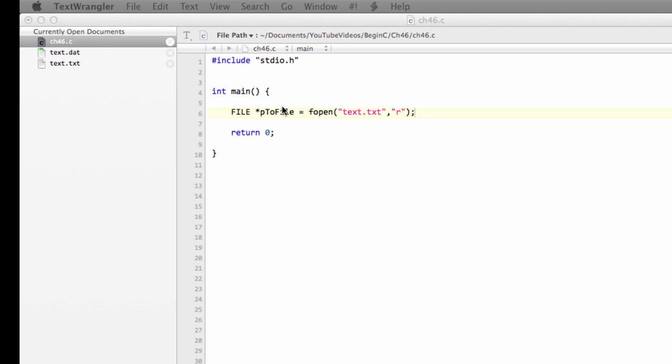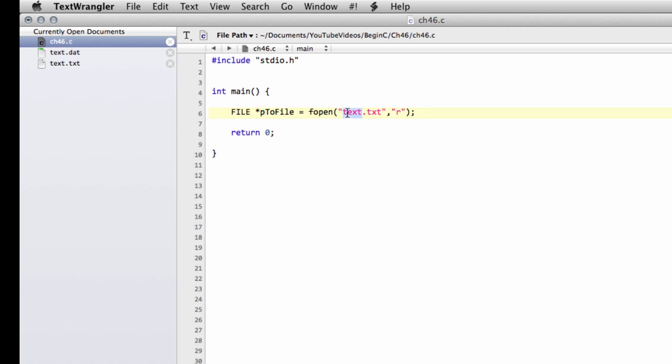So what we're saying here is please open this file, text.txt, which, because there's no directory specified here, is assumed to be in the same directory as our executable, and specify that we're going to want to read the contents of the file, and we'll be using this pointer to go through the contents of this file. So now what remains to do is actually just to loop through the contents. I'm going to make, first of all, an integer called line, which will count the number of lines that we've read in. And now we'll set up a while loop,